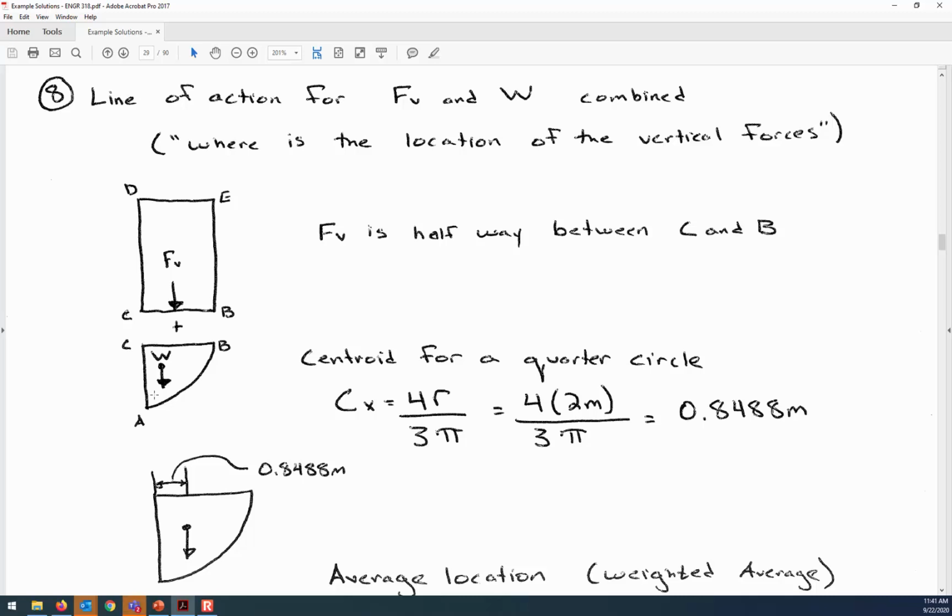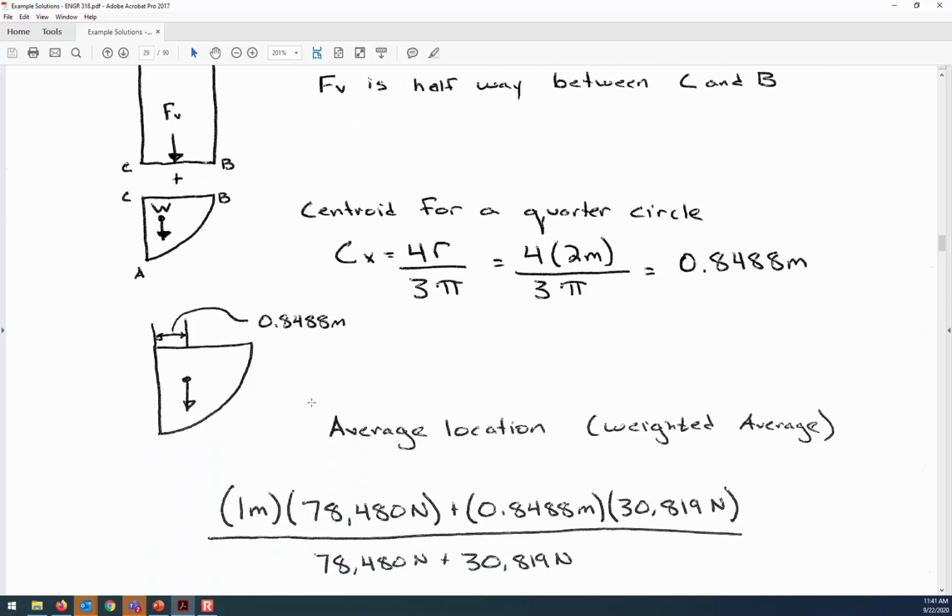Go ahead. Is it because the forces on each of them are different? Exactly. They have magnitudes tagged to them, yeah. That's right. Very good. So if the magnitude of the two forces were equal, then a simple average would be fine. But if one of these forces is really big and one of them is smaller, then that small force should be given less weight in bringing the average location over. And so we have to do a weighted average based on the magnitude.